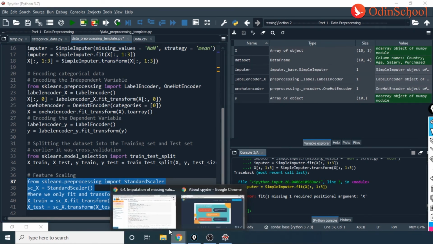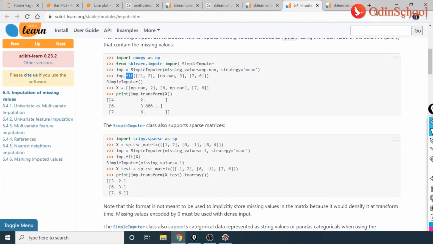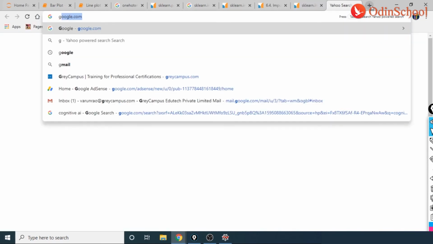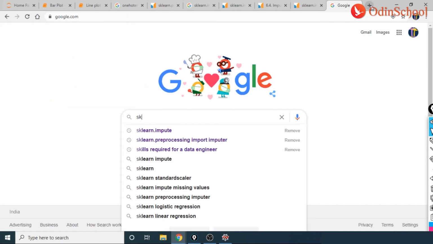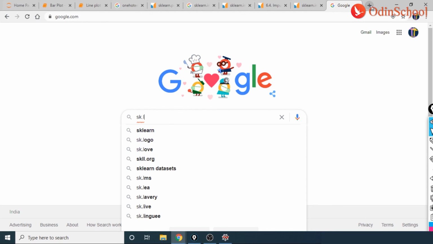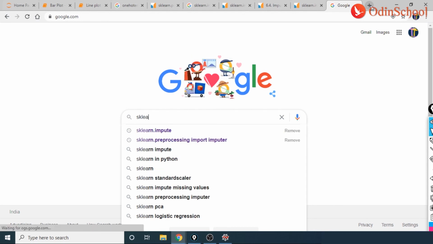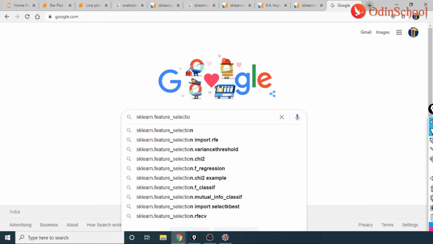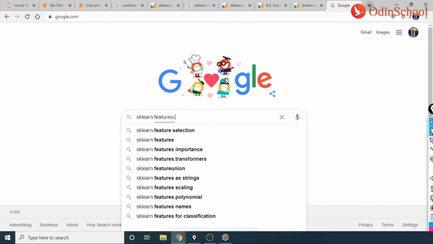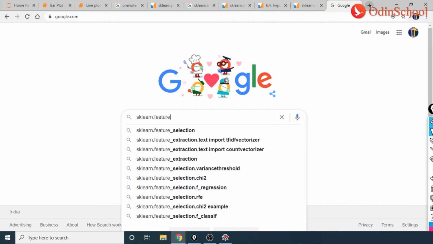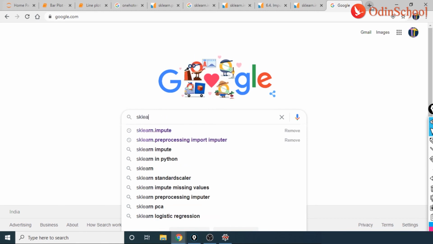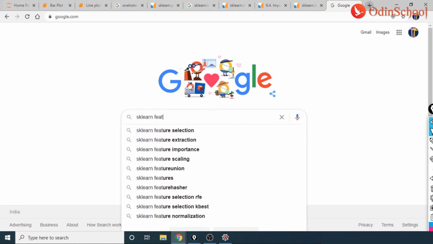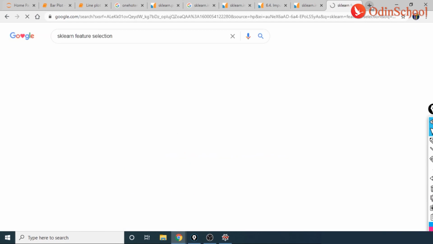scaling, and let us just understand what feature scaling is also. Now within Google, sorry, within sklearn, we have feature selection, and we also have sklearn feature selection.